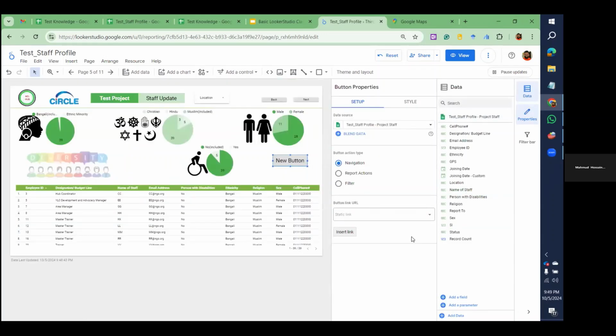And report action, here is the reset filter. Previously we used the navigation button. Navigation means back, next, or home page. Now is the report action. If you use reset filter and rename this to reset,